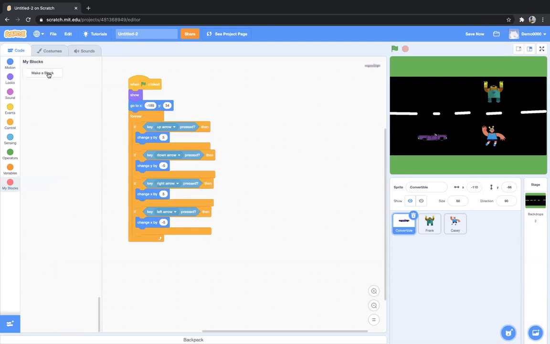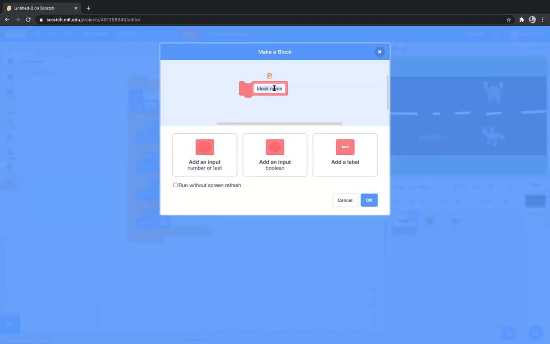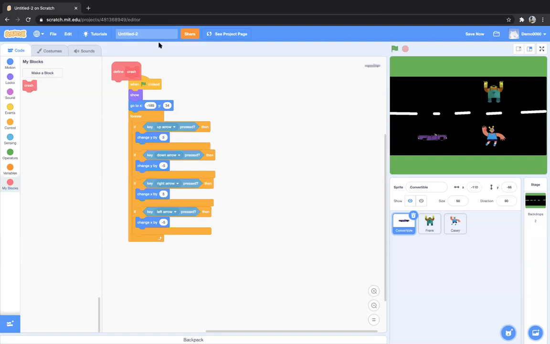Okay, so this is My Blocks. I can just make it do anything that I want. Okay, so I'll click on Make a Block. Now I'll name my block, and my block name is crash. When the car crashes, this is exactly what my block will do. I'll give it the name crash and click on OK. Now see, when I did it, I just got a define crash block here, automatically appeared.